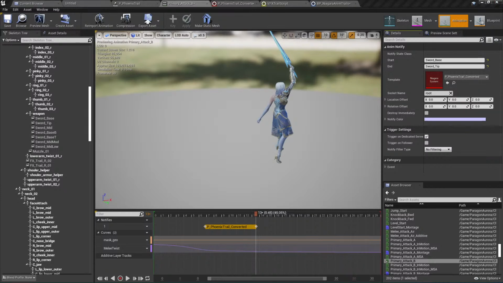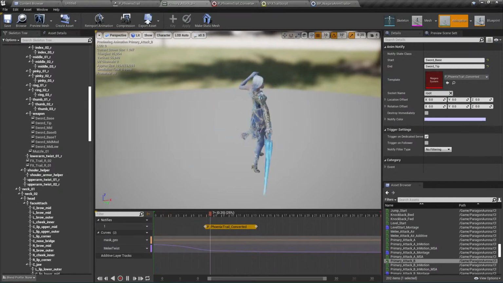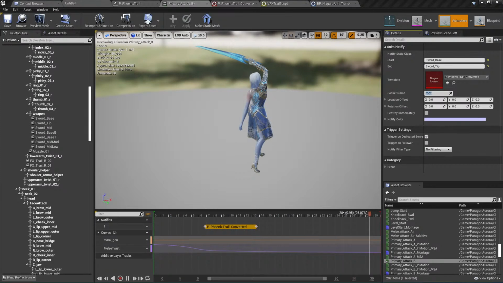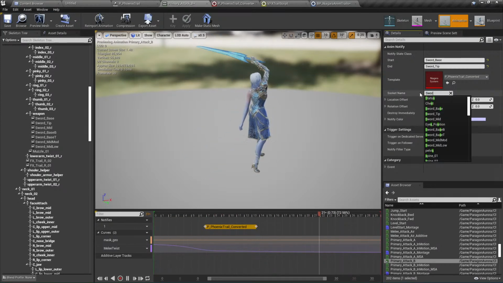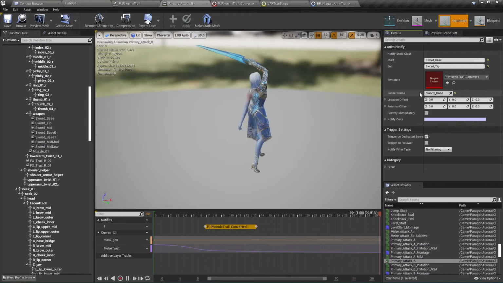Okay, just give me 1 second. And let's just go play. And well, nothing is happening. It's sometimes a little tricky. I'm not sure if it's the trail in itself or if it's any of the configuration that we've made. So, let's check that. Let me check the socket name, sort base. Okay, it's not listening. Maybe it has to do with the trail itself,